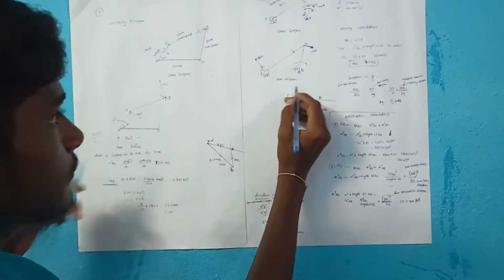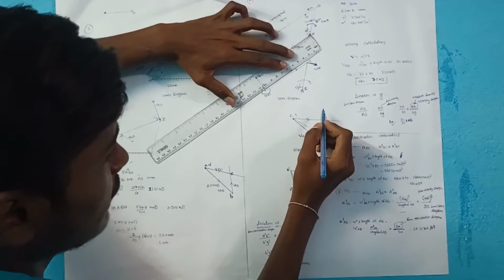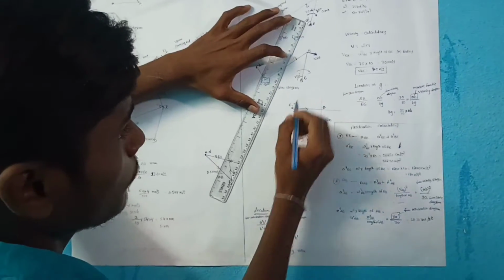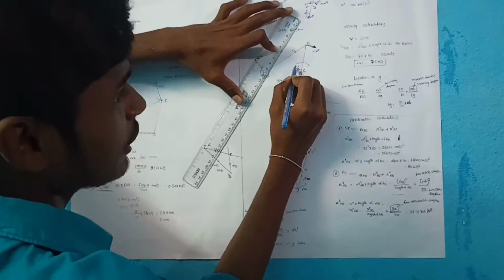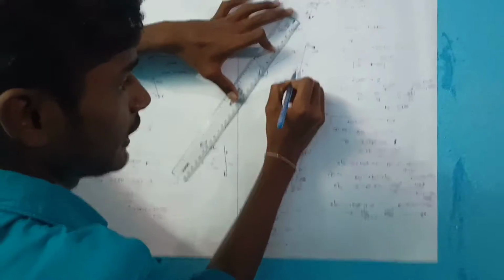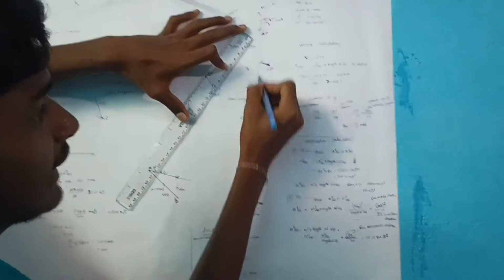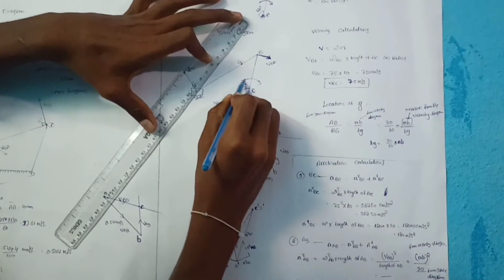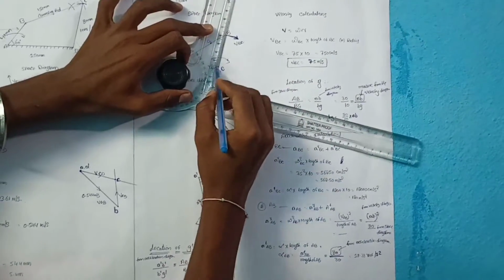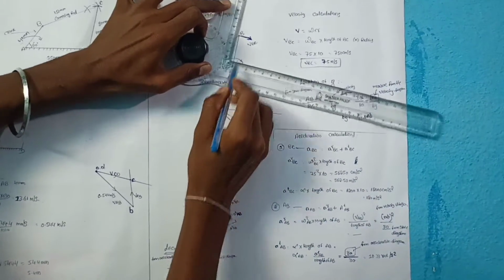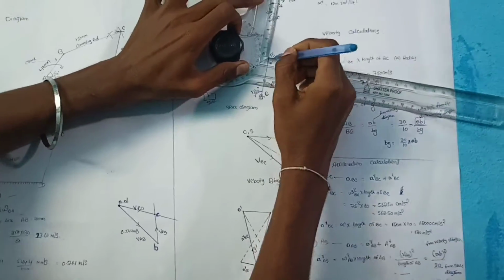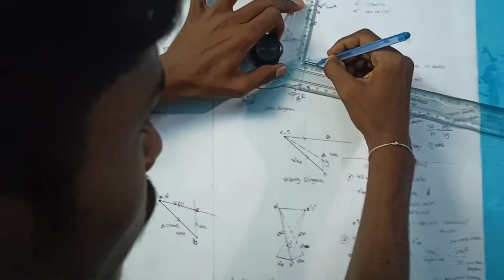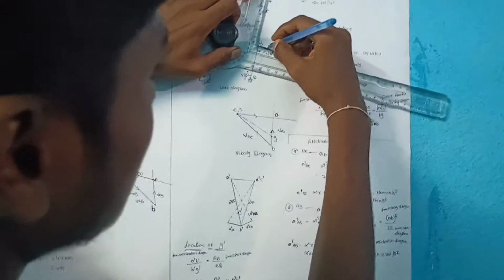For that, fix a drafter scale here, A, B, C. This is a simple mechanism. Next, point B to C, which is moving at an angle of 120 degrees. BC is moving because it is a crank; always the crank only moves. So fix a drafter scale here, C to B, draw the perpendicular. Fix a point here, because it is moving in a clockwise direction, that means it should be moving in the downward direction only. Draw a line lightly perpendicular.